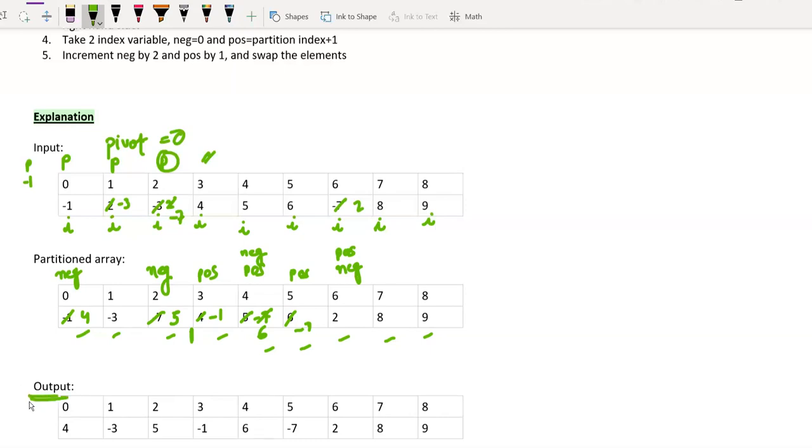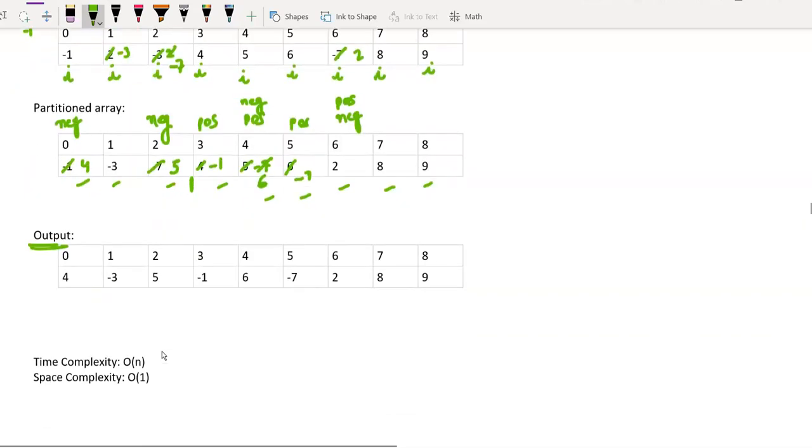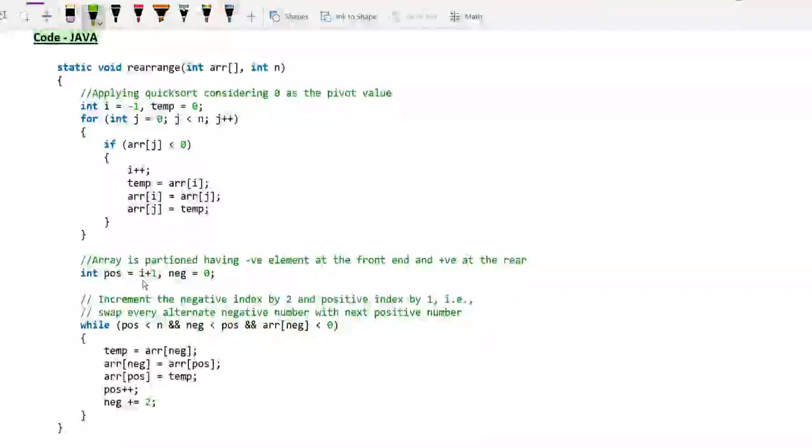Okay, fine. Now let's just discuss the complexities. Now obviously here the time complexity will remain O(n) because we are still iterating through all the elements, but the space complexity is constant, as we are not creating any temporary positive and negative array. Rather, we are utilizing our input array in such a fashion that it is helping us in segregating the negative and positive elements and doing the job. Okay. Now let's see the Java implementation of our optimal approach.